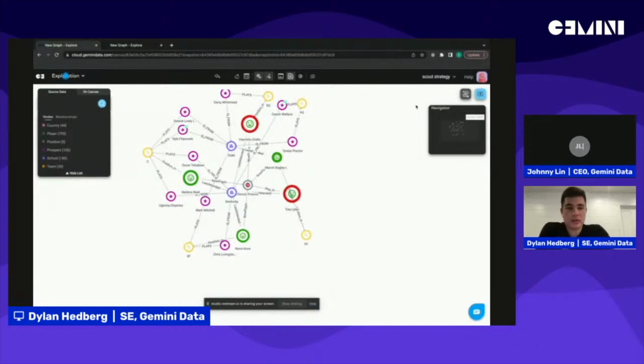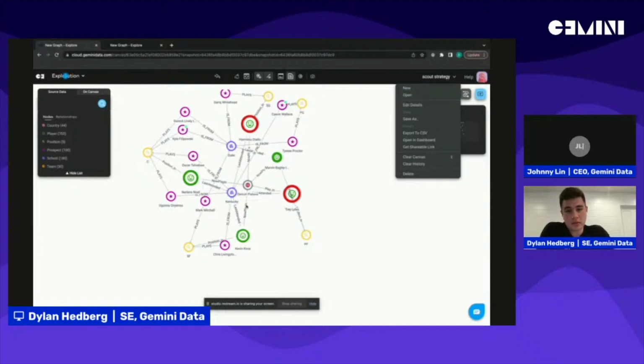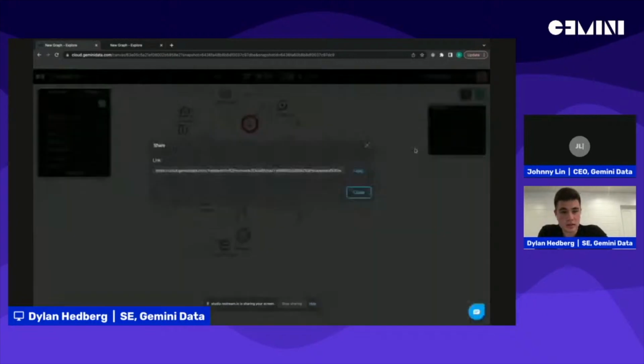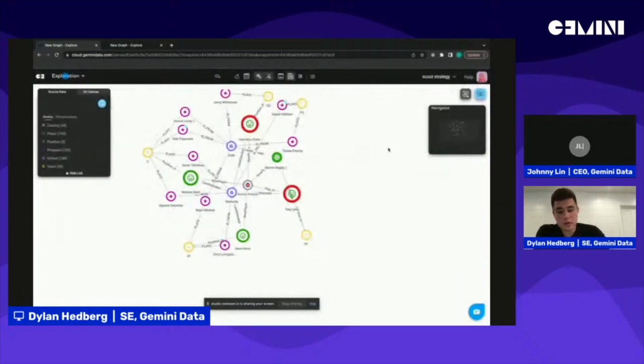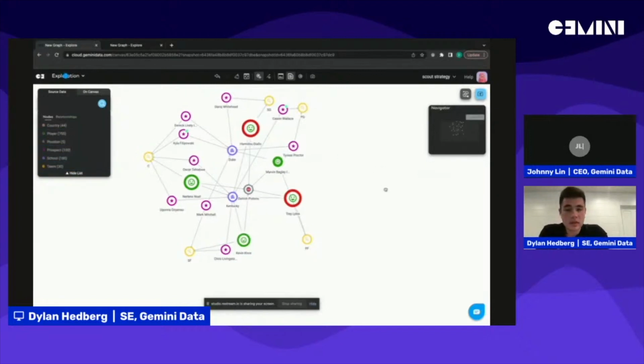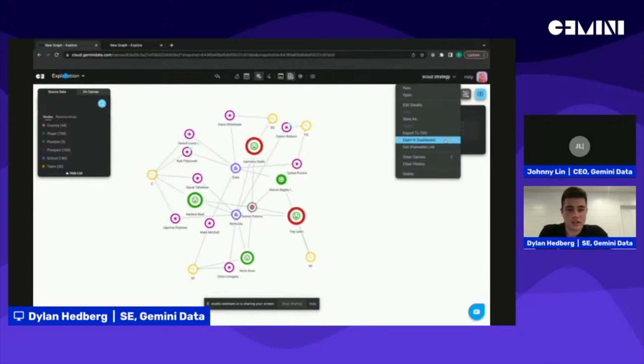so to make Graph more accessible to even the non-technical users that just want to see the results, once you save a snapshot of the insights you find, you can get a shareable link here, and all you have to do is copy this and share with any of your colleagues. So they don't even need an Explorer account to access this graph. They can see what you have saved on this visual. Of course, they're limited to not being able to add additional nodes onto the canvas. And I'll attach this link also to the comments later on, and you can see this graph for yourself, just to prove that sharing graphs has been made a lot easier and accessible.